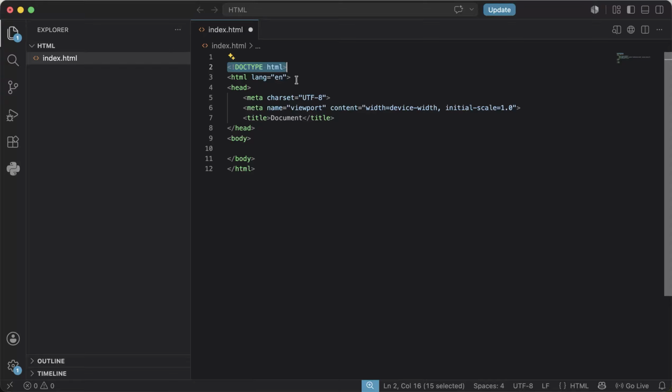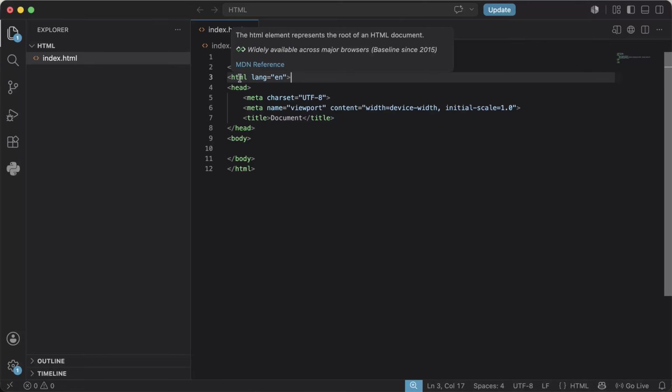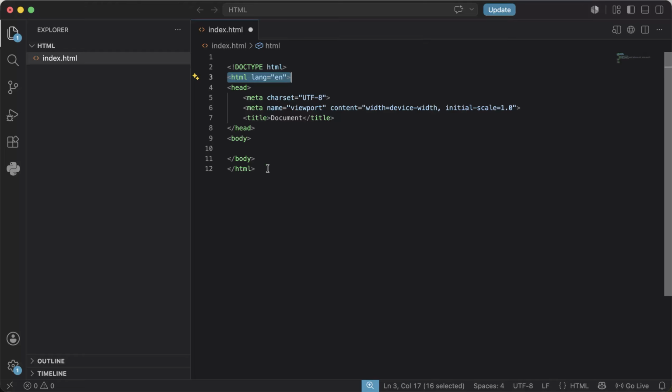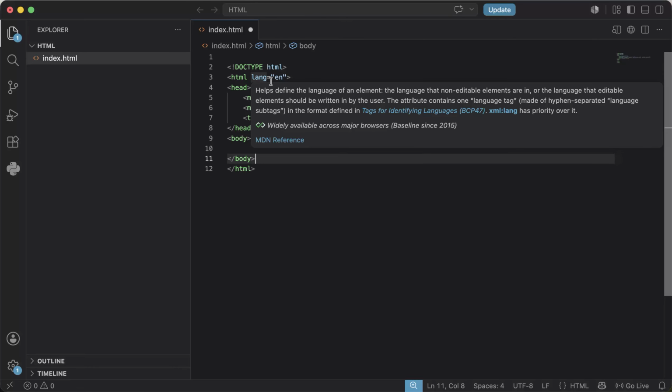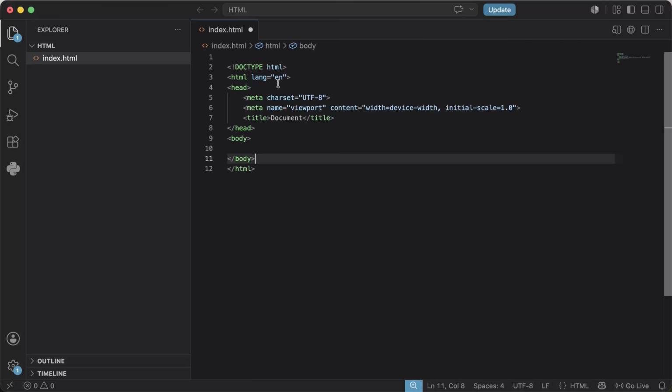So the HTML element contains the complete HTML document. It starts here and it ends here. If you see, everything is under an opening and closing bracket. It starts here, and anything you end is here. And the lang equals en is an attribute that tells browsers and other tools that the page content is written